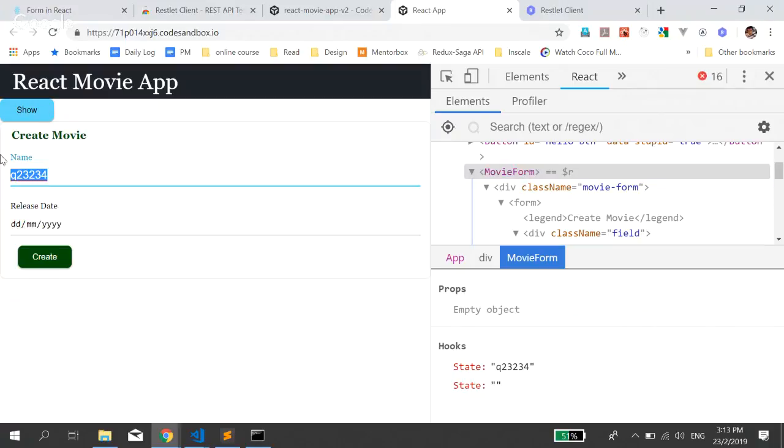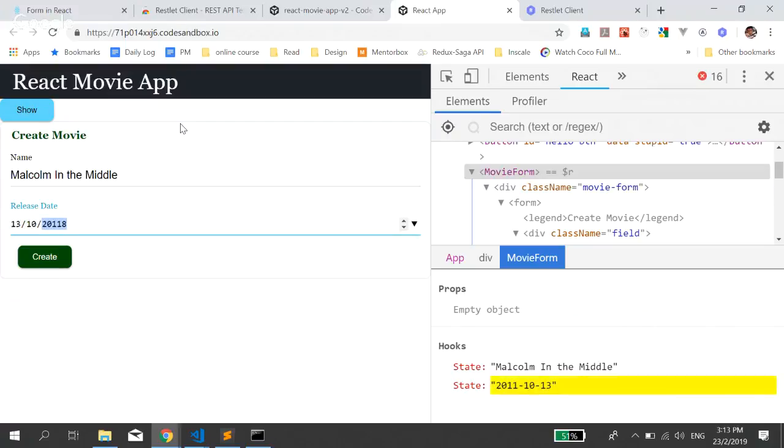And then here I change, so it updates the state. Okay. But then when we click create, will it do anything? It doesn't do anything because currently our on submit